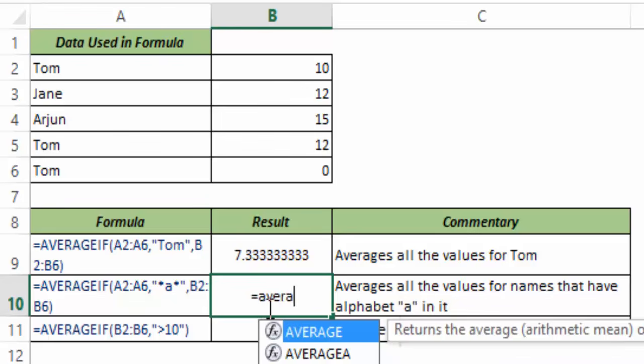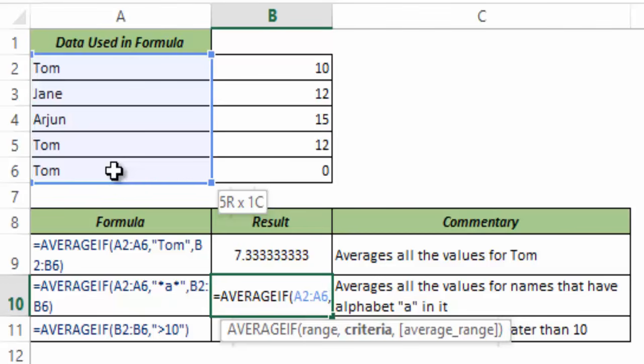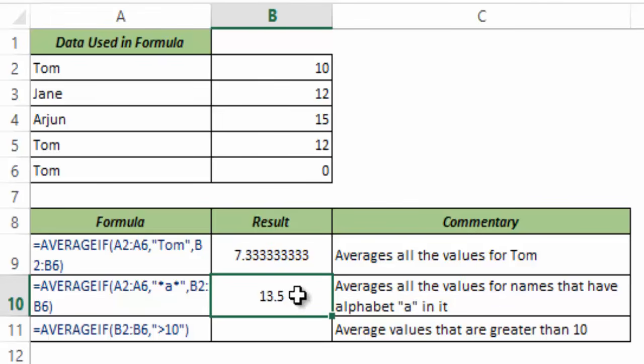So to do that, I type average, I select average if and hit tab. In range, I select the criteria range, and in criteria I would type in double quotes star a star, or asterisk a asterisk. This asterisk indicates any number of characters before A, and the later one indicates any number of characters after A. So essentially this condition means that any word that has alphabet A in it would satisfy this condition. And now in average range I select these numbers and I hit Control Enter, and this gives me 13.5,